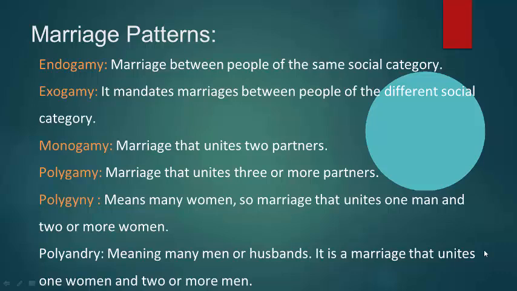Another practice, after polygyny, is polyandry, from the Greek word meaning many men or many husbands. It is a marriage that unites one woman and two or more men. This practice is very rare and very unique, but it is found in some regions of India and in Tibet, a mountainous land where agriculture is typical. There, polyandry discouraged the division of land into parcels too small to support a family and divided the work of